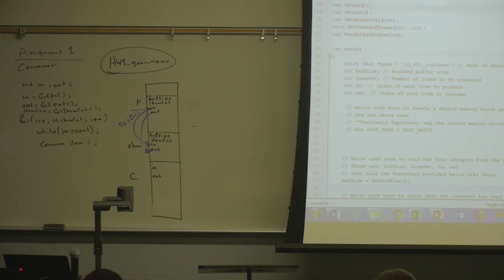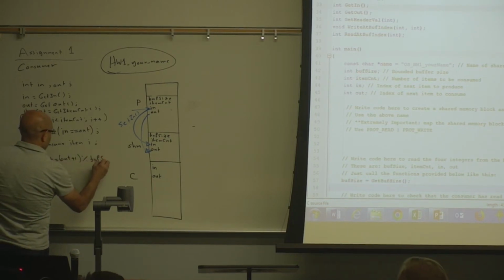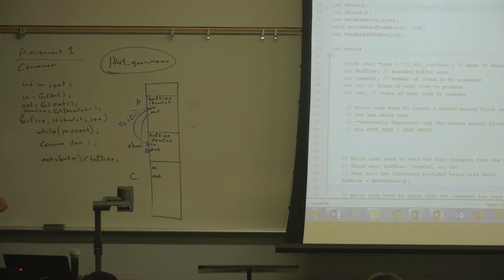Okay, so I update the out value, so I can say out equals out plus 1 mod buffer size. Will this fix it? No, it will not fix it. You have to get the in from the producer. How do I get the in from the producer? Put it in the while loop, in equals get in.